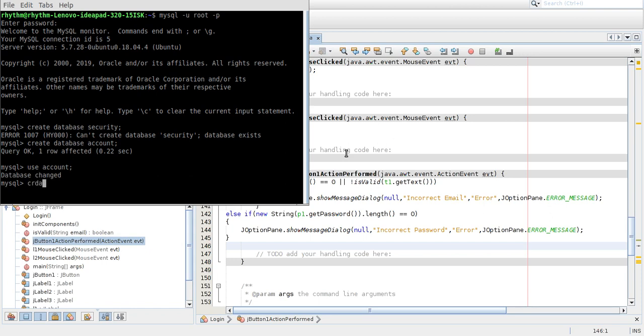Now we will create a table. We will create only one table so that we can register the users in it, log in from the table, and reset the password, because we need only one database and one table to do all those three things in one application. Why should we create a separate table for the login? We can create one for the users and other tables for other purposes. So we'll create a table named users,